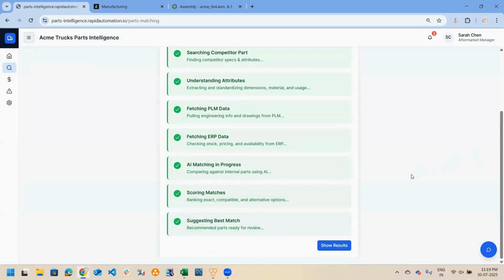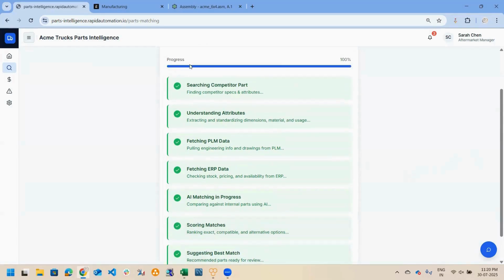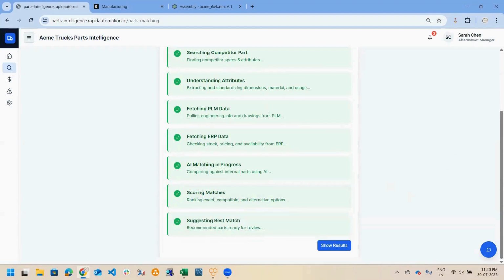The progress indicator lets me see the progress of the connectors, and so it gives you insight into what's going on in the background. Some of the additional technology at work here includes an AI agent connected to our ERP connector. Our ERP connector is connecting to Next ERP, though it could connect to any ERP system that you may have. But here at Acme, our ERP connector maintains an up-to-date set of internal data that mirrors what's